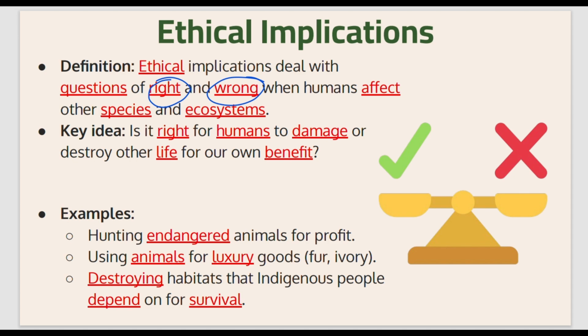Another one is destroying habitats that indigenous people depend on for survival, to use those habitats for resources. A big argument that comes up a lot is pipelines, which are meant to transfer oil or chemicals over long distances, and a lot of times those pipelines can interfere with clean drinking water. There have been a lot of ethical questions of, is it right or is it wrong to put these pipelines in that could mess with resources that indigenous communities rely on, in order to get these resources out to broader, bigger communities? So it's a lot of, is this right? Is this wrong? To destroy these natural habitats